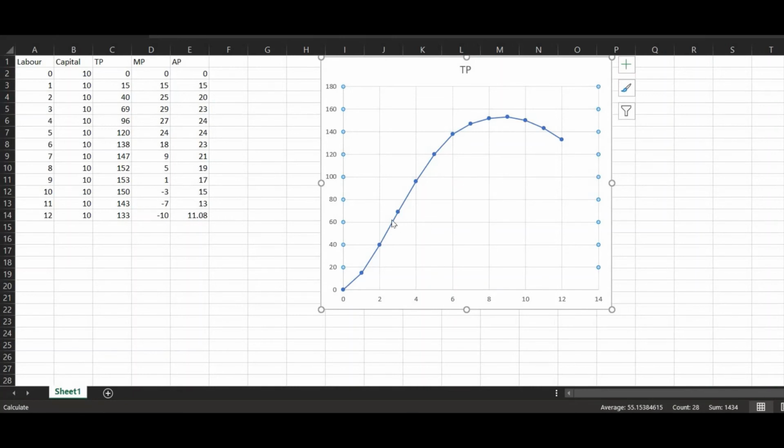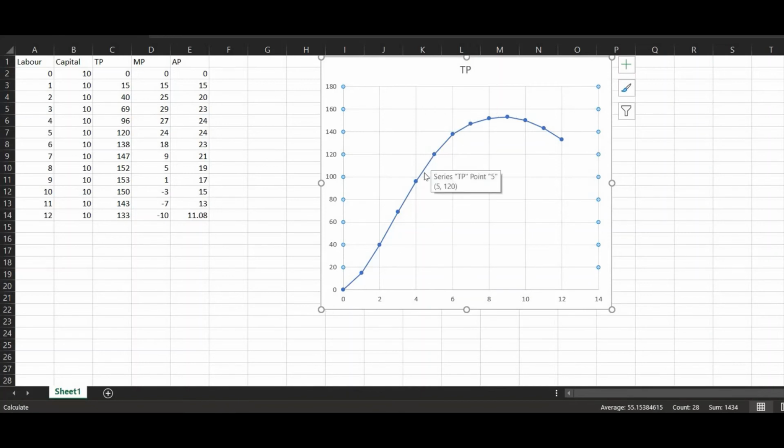तो ये जो कर्व बना रहे हैं, this is showing you the relationship of total production and labor, but the slope of this curve, if you will see rise over run, अगर हम करें ना, सारों की slope निकालें, तो जब सारों की हम slope निकालेंगे ना, it will be the same which we have discussed here, marginal product. So marginal product here, this particular column, is the slope of this whole curve,